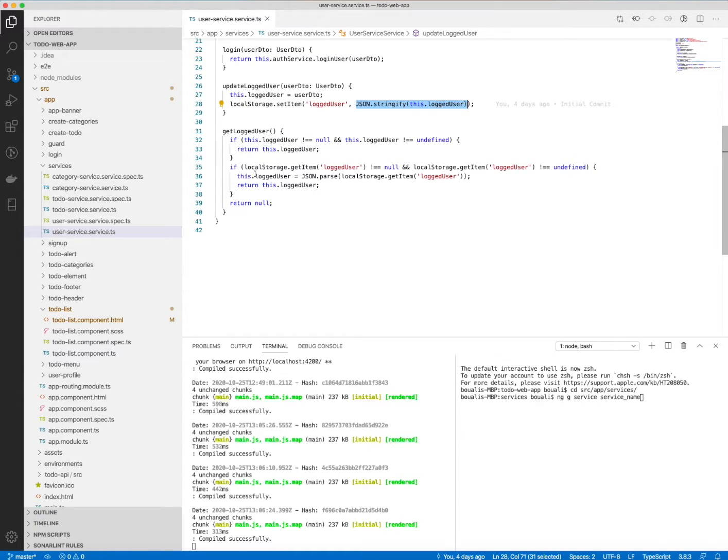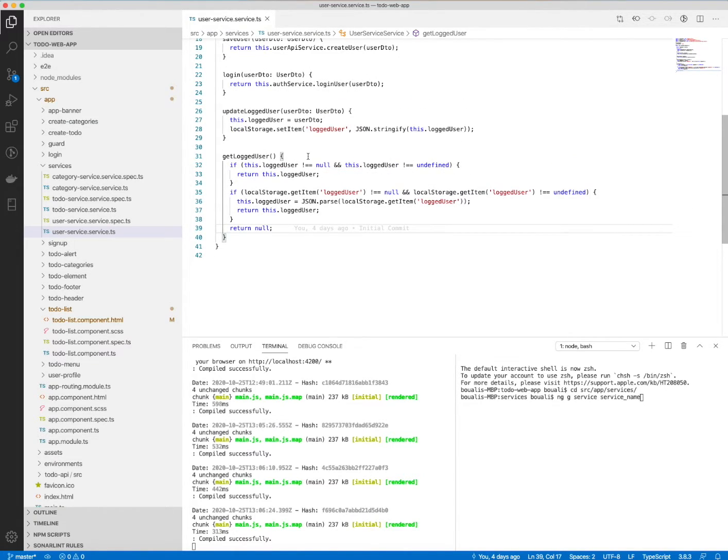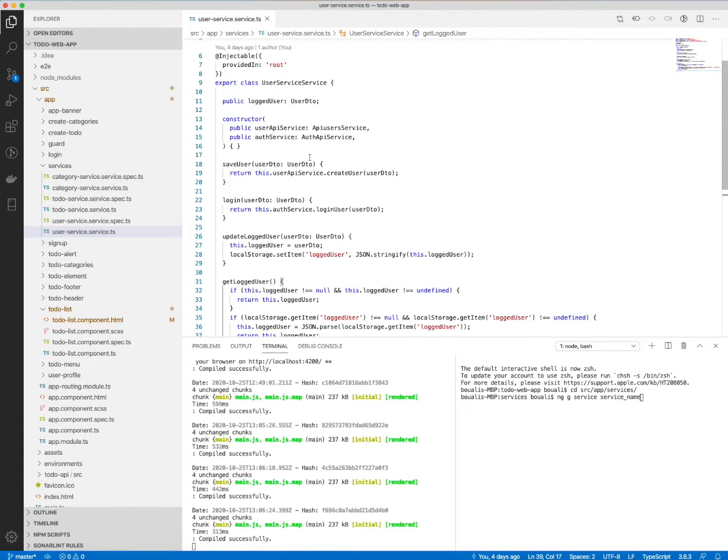And now here, to get it, we only need to parse the logged user stored in the local storage, and then return this logged user. Else, for example if the session is no longer valid or the user did not log in, we return null. So like this, if the logged user is null, we do a redirection to the login part. So this is the user service.